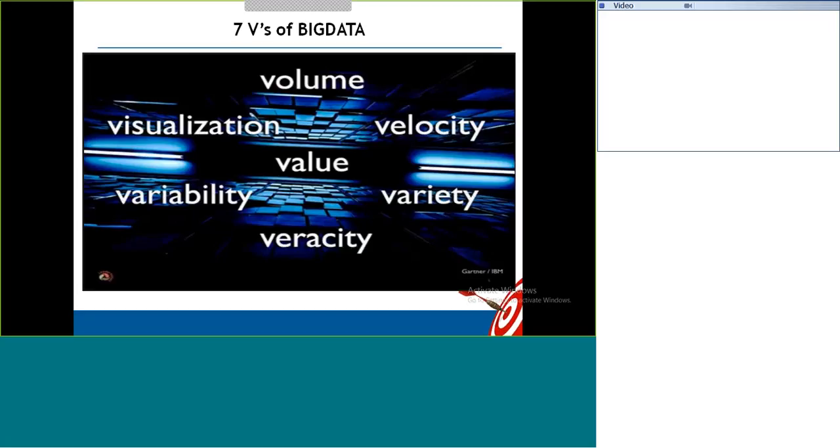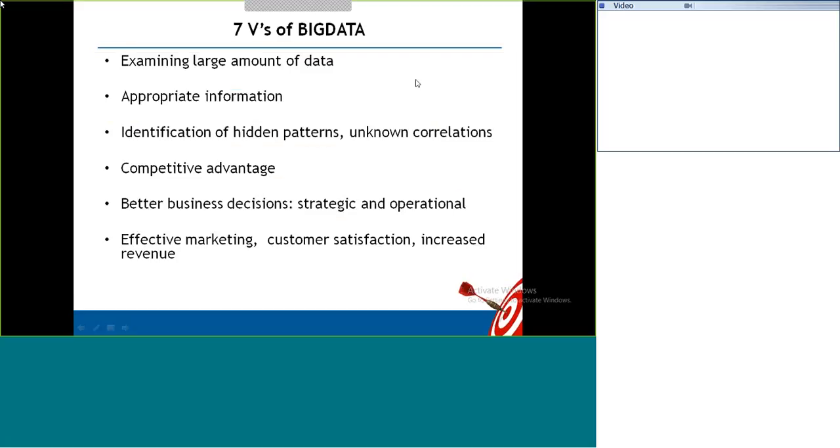These are all the challenges. And then visualization in the front end tools: how to visualize the data when you want to show the data on some BI tools or front end tools. That is also a big challenge. So over 3 years, 4 years, and now 7, based on the increasing volume of data, they found all these challenges and kept adding them. That's why there are 7 V's of big data.